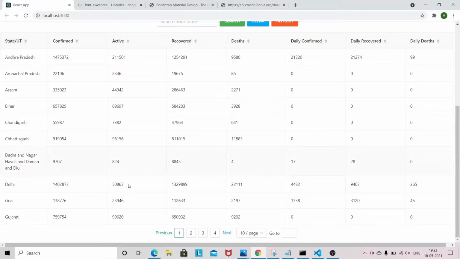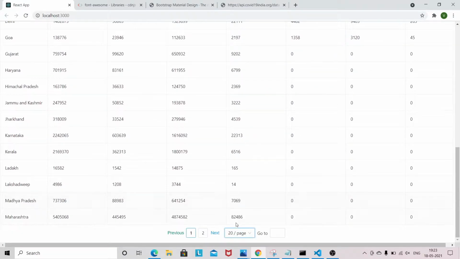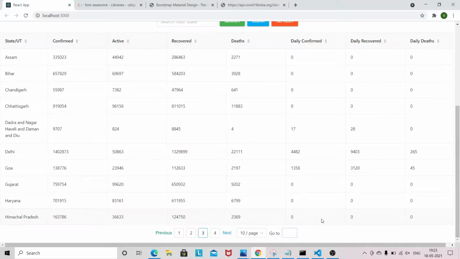You can also change the view per page, so you can see the quantity per page also, and you can also go to a specific page, so you can enter 2 or 3 and go to that specific page also.